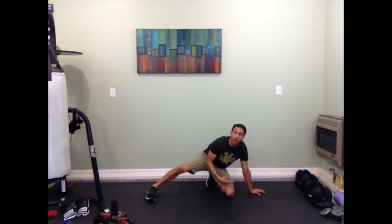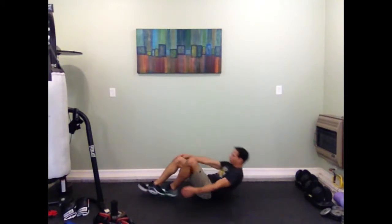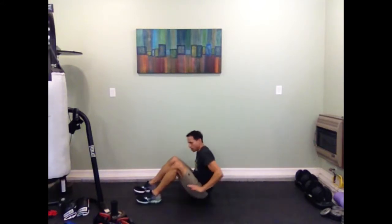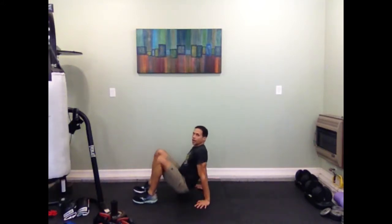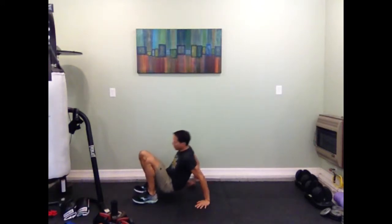Once you do 10 on each side, go ahead and lie on your back. Sit up and stand up if you can. So right here, good setup. You sit up, plant the hands, either come up to table, or if you can stand up all the way,